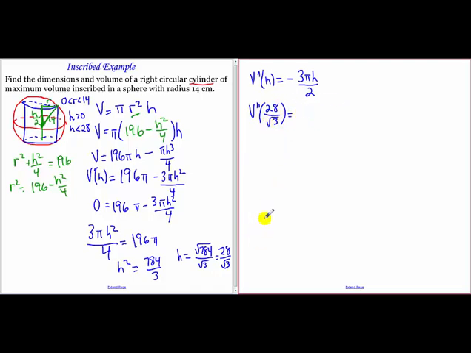And I don't really even care what that is. I just need to know whether that's positive or negative. That is going to be less than 0, which means I'm concave down, which means my critical point is a max. Max at h equals 28 over root 3, which in your calculator rounded to 3 decimal places is that. Okay, and it's a max